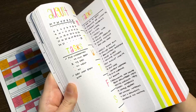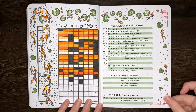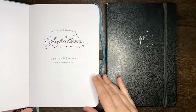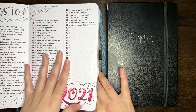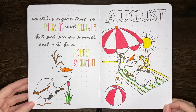Today we are going to be flipping through my 2021 bullet journal, or more specifically the bullet journal that I used for the second half of 2021. I have already released a video for the journal I used for the first 6 months of 2021, so if you are interested in seeing the complete year from start to finish, do make sure to check out that video as well. The bullet journal we're looking at today lasted me from July to December, so 6 months as per